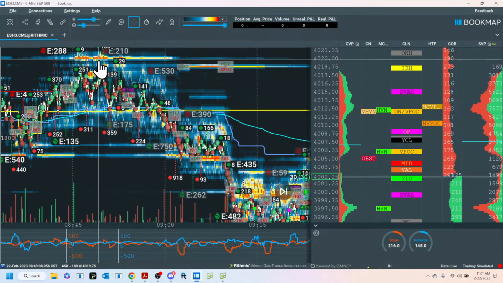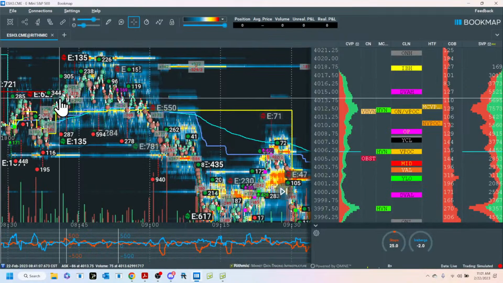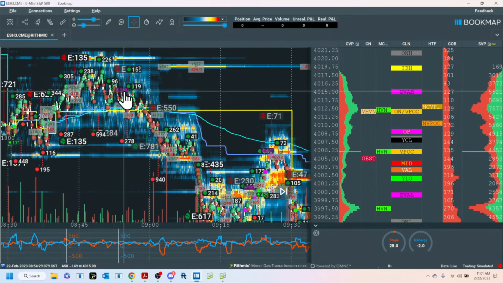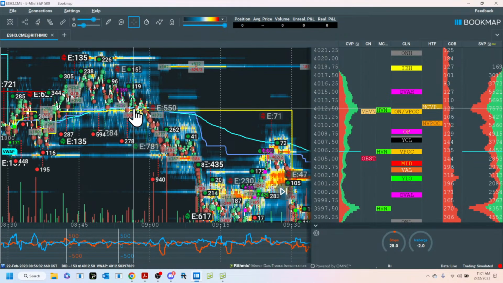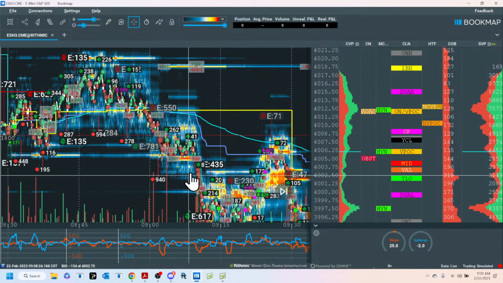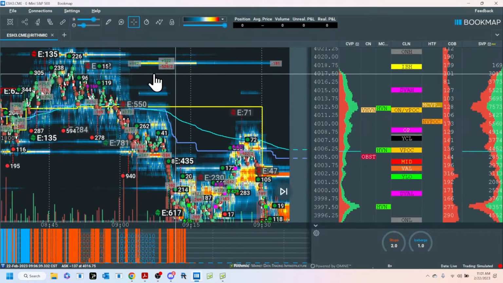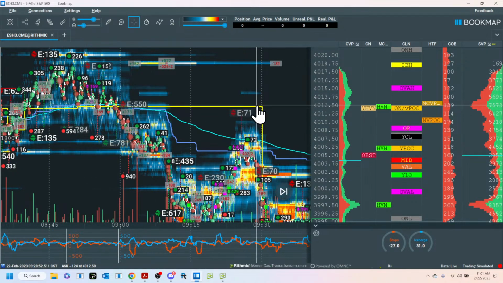So even if you weren't able, wherever you want to get into it, you can get into it, it's up to you. You have to follow a trade plan. So, you know, down you go. Nice trade. Now let's look at something else. This is called VPOC migration. I'm going to show you another Trader Lab